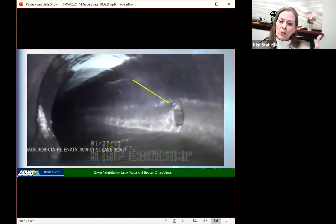However, as we approach the angles, we would get buckling and fins or ribs on the left side that you can see here. And then on the right, you can see a hole that was cut into the liner, which is one of these holes, or a breach in the liner, that we had to consider. Were we going to reline this pipeline, or were we going to do something to fix the breach in the